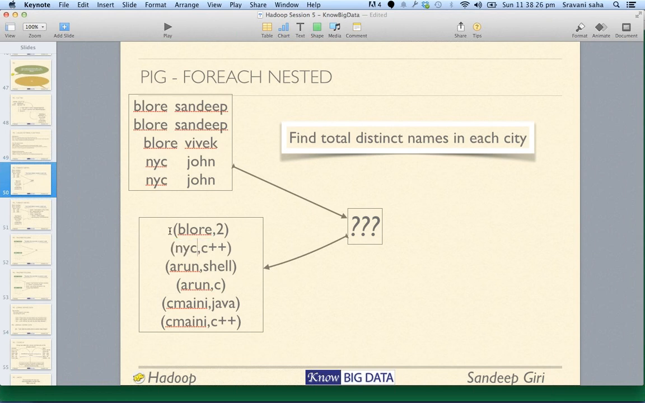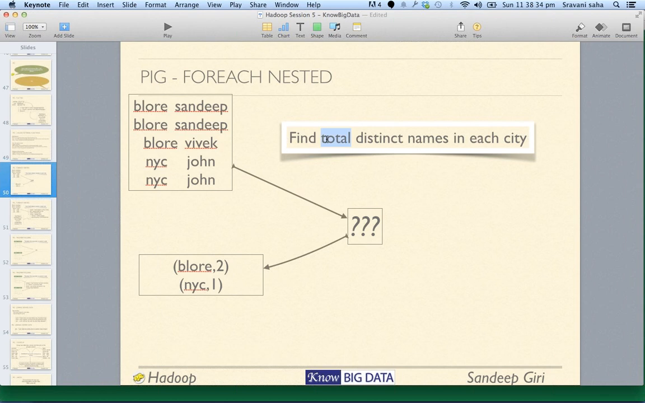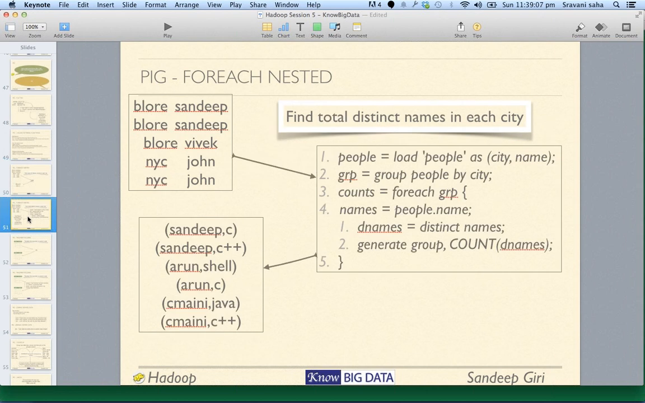So what we want to do is Bangalore. There is one name, two actually, and New York. There are one. So what we are trying to do is find the count of distinct names in each city. Okay. So inside Bangalore, we want one. We want to count that. So for doing this, what we will have to do is first group by the city column and then do